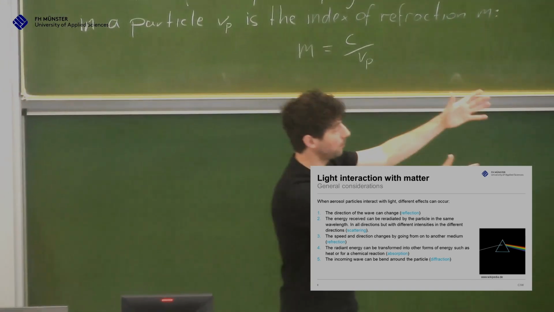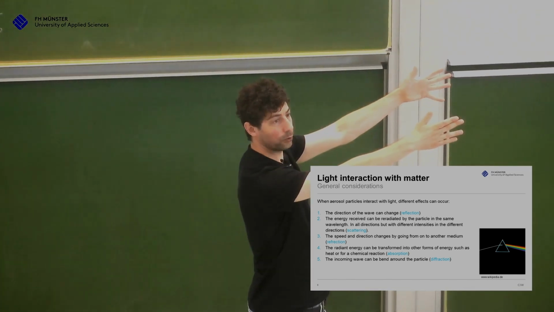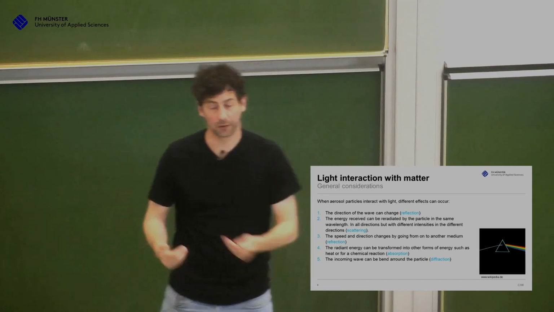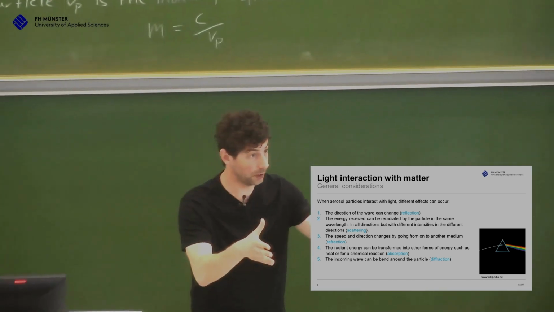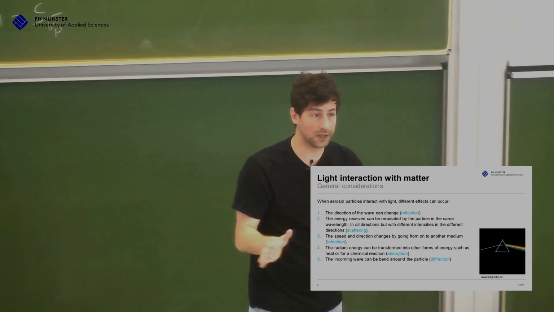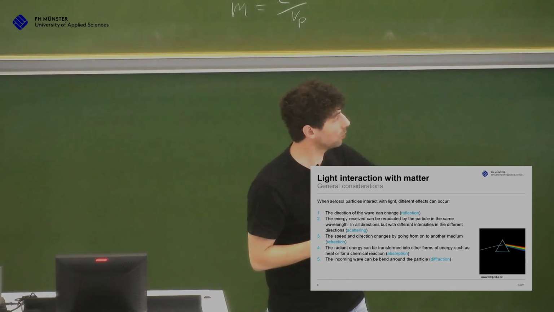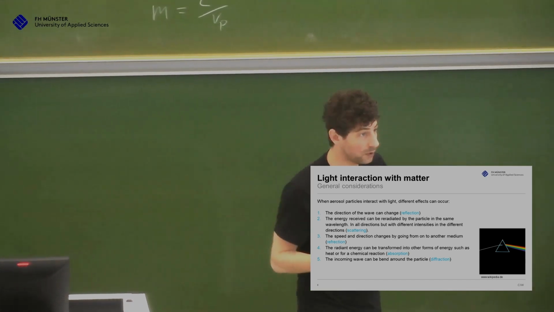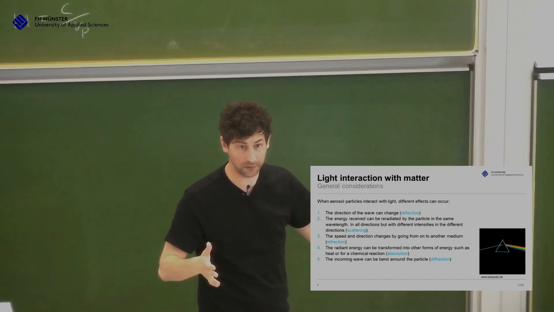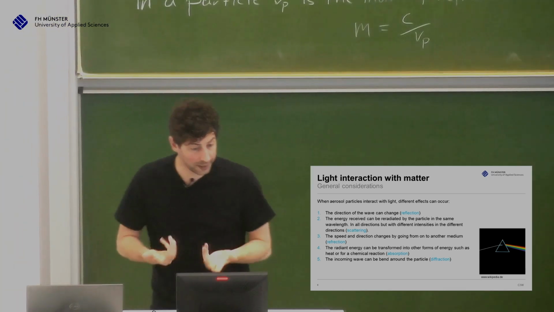I mean, we have extremely simple examples here. If I look at the wall, the light doesn't go through. And if I look at the window, the light goes through and I see what is behind. So the interaction with matter depends on the material. If the wavelengths here are fixed, the interaction just depends on the material. And then it could be that it goes through or not goes through. For infrared, it would be different. For infrared, I could see through the wall and through the glass. It's a different wavelength. But here, for our wavelengths, I cannot see through a wall, but I can see through